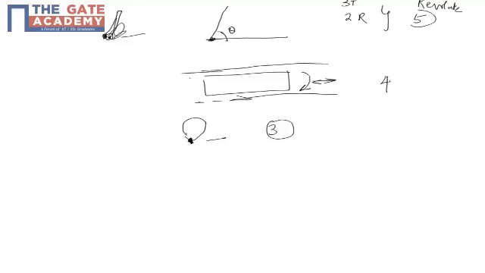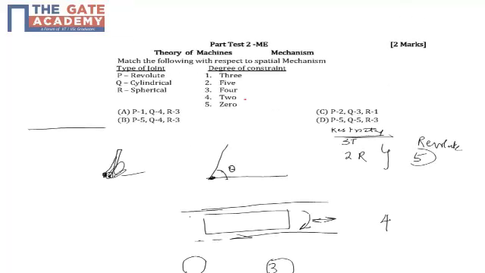So going back to the options, let's choose the option. I think revolute restricts 5 degrees of freedom. Cylindrical